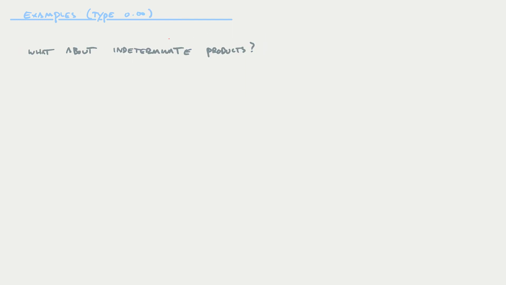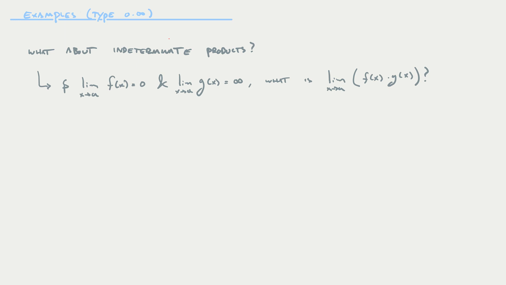But let's move on to products. And there's really only one indeterminate product. I mean, I guess you could categorize it as just one indeterminate product. Anytime you have 0 times a type of infinity, that's an indeterminate product. How do we solve these things? Well, if you suppose that the limit as x approaches a of f of x is 0 and g of x is infinity, what would the limit as x approaches a of f of x times g of x actually